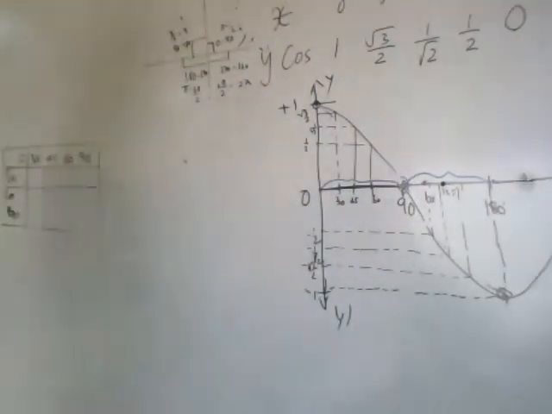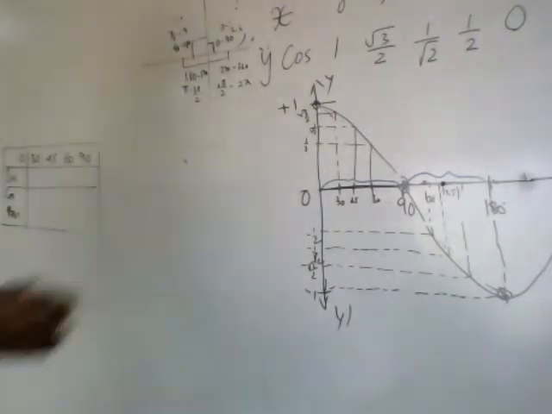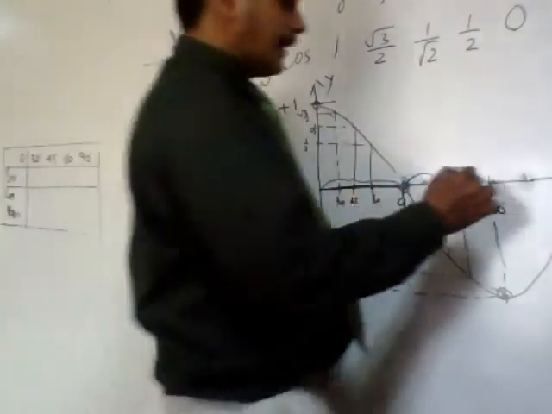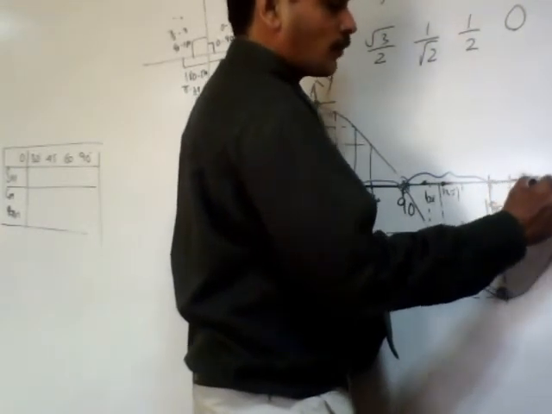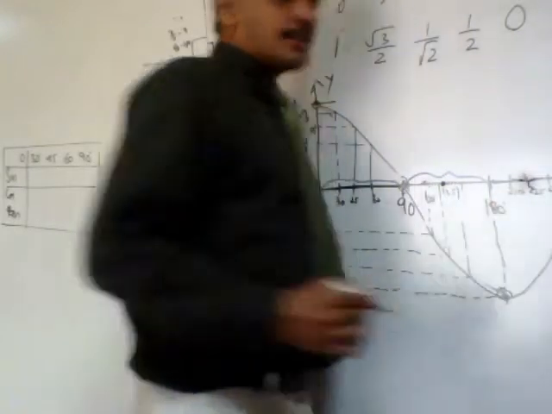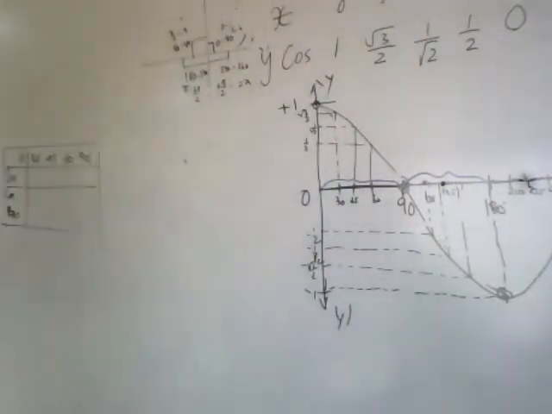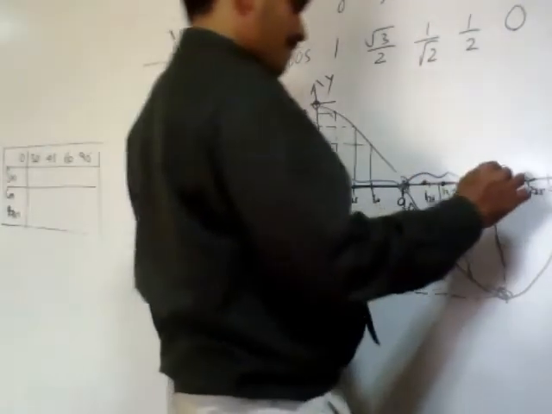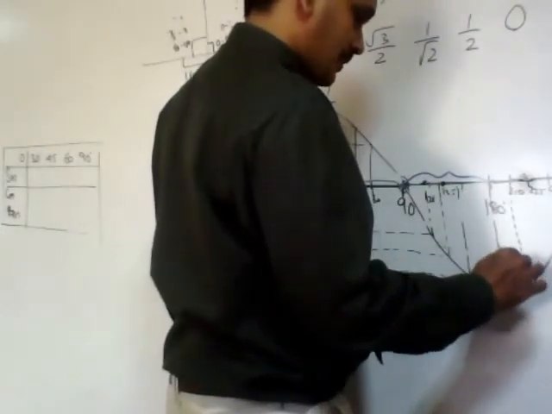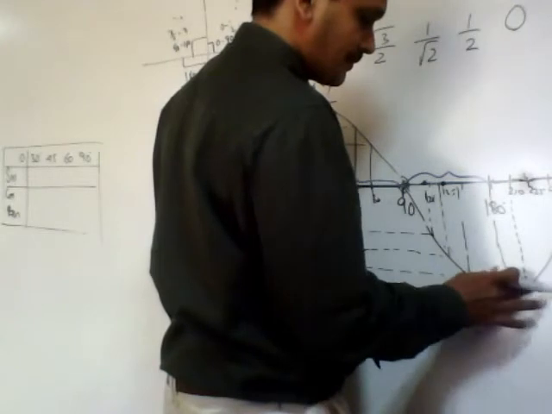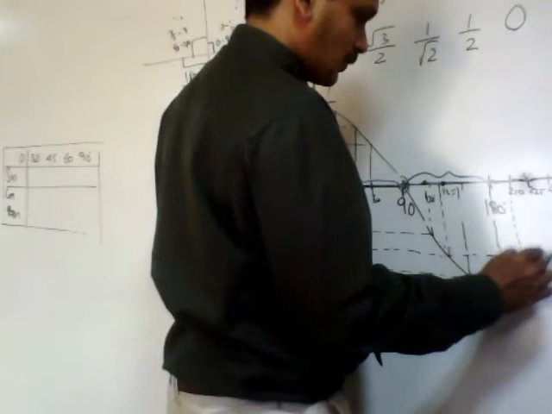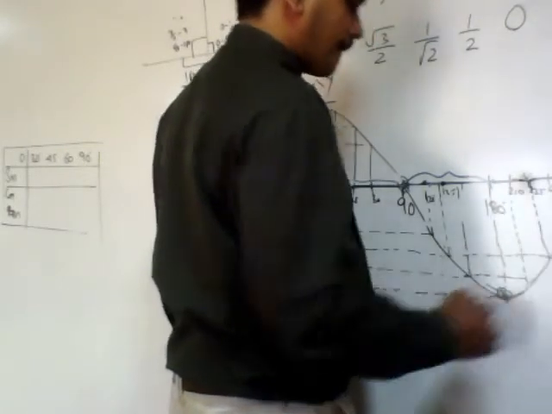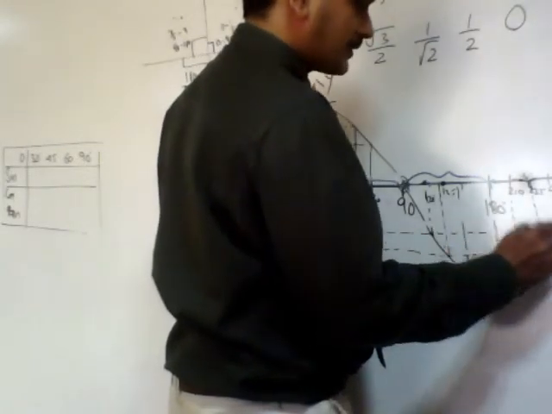Y value is 0. So cos 270 is 0. If you do the same jump, it will be 210, 225 and 240. Please remember to add 30, 15, 15 and 30. If you again map it, the total will be this. 225 will be this. And 240 will be this.